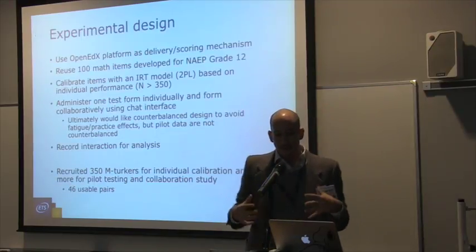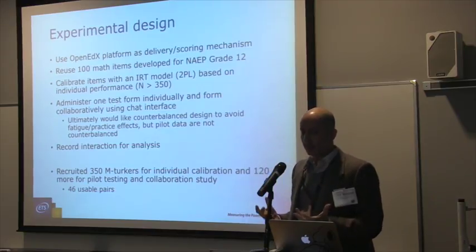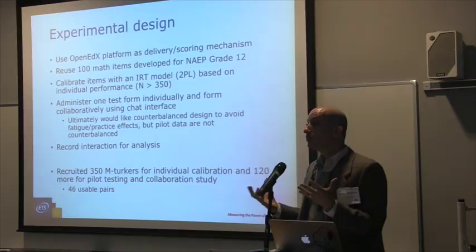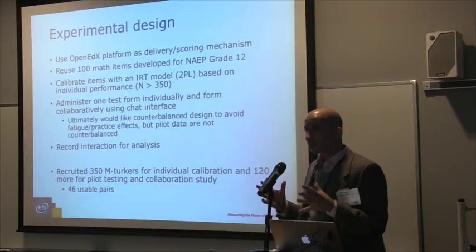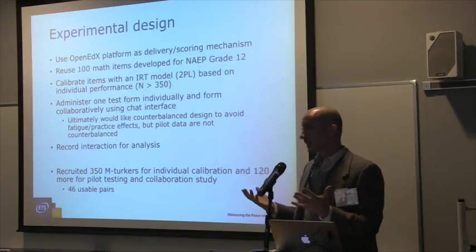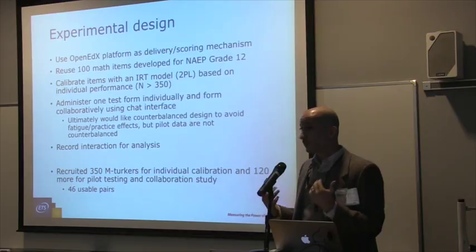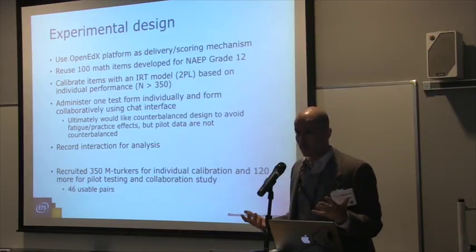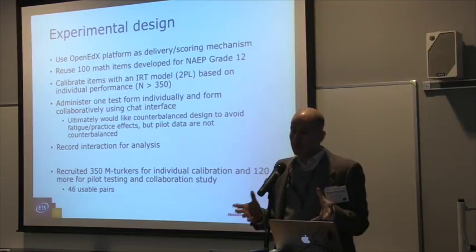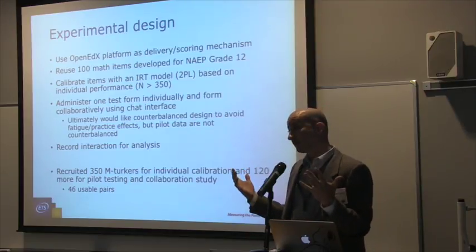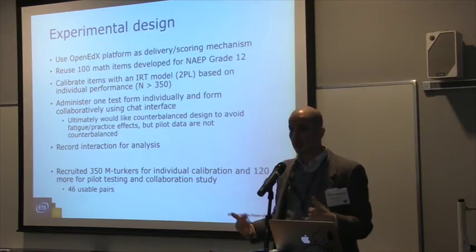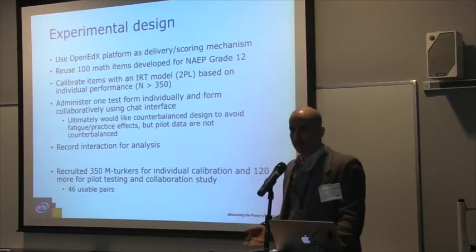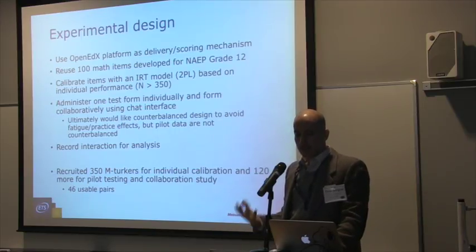Okay, so now for the experiment side of things, I mentioned this a little bit. We wanted to conduct an experiment, and we were going to use OpenEdX as a delivery and a scoring mechanism. The item pool, if you know anything about assessment, is expensive and difficult to create in high quality. So we repurposed publicly released NAEP grade 12 level math items and calibrated them on our MTurk population sample by just giving them as individual tests, kind of matrix sampled from our item pool, and used an IRT model. If that means anything to you, we used a 2-parameter logistic model to calibrate the items, so we got a difficulty and a discrimination for each one of them.